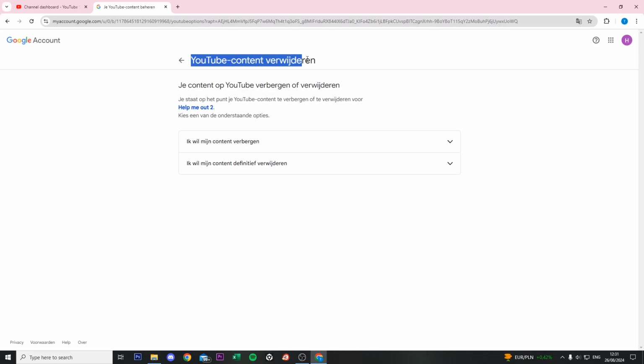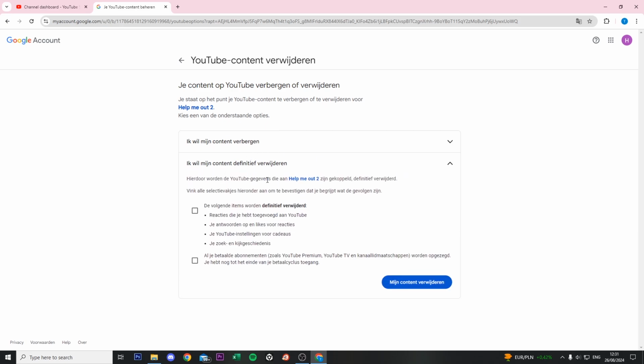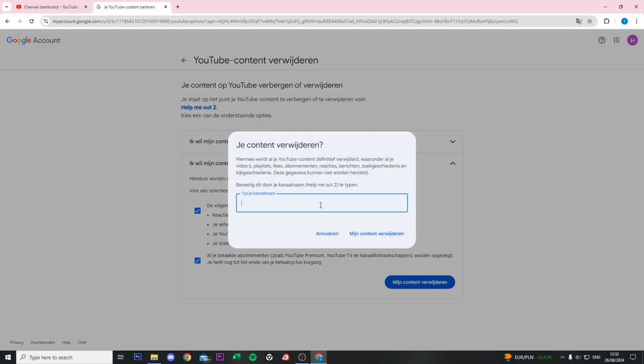password. So this account is Dutch, and it says right now a lot of Dutch words. So the upper one is hide my content, and the other option is remove my content permanently. I want to choose that. Then I make sure that I agree with the following terms. This one too. And right now if I do delete my content, write down my channel name,